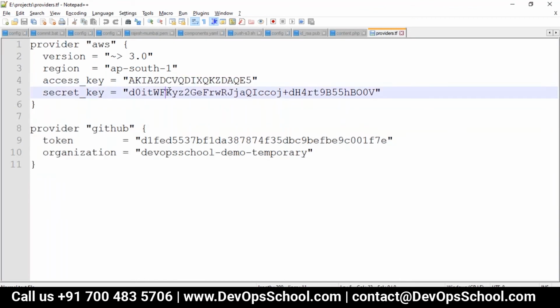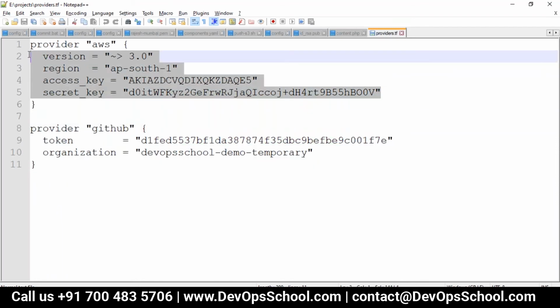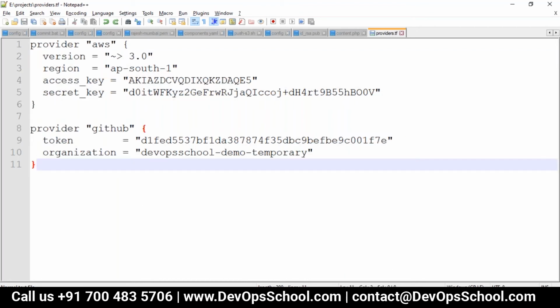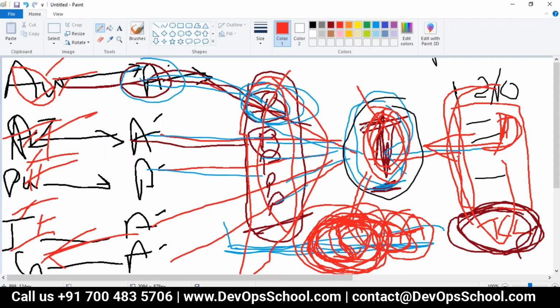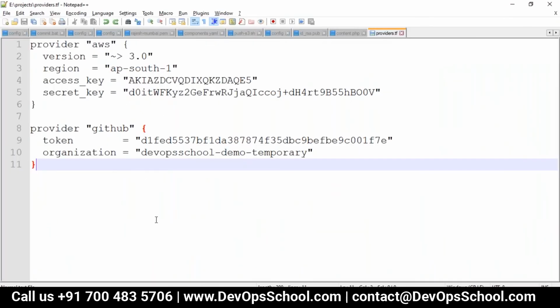These access keys will not work because I deleted them in the morning, so we'll create them one more time. These are all optional, by the way. You can comment them out with a hash if you want. You want to download this provider and Terraform, which you need, and then you will write the TF script. So how do we download this?